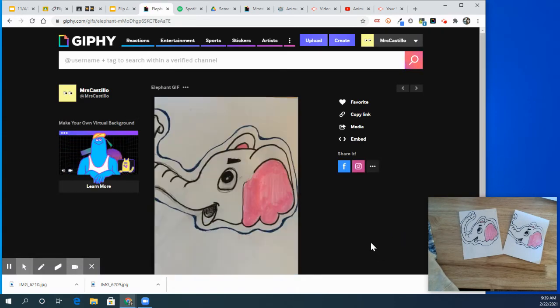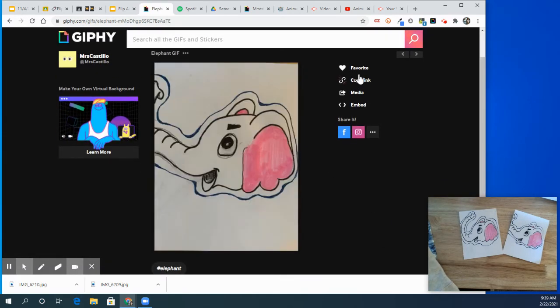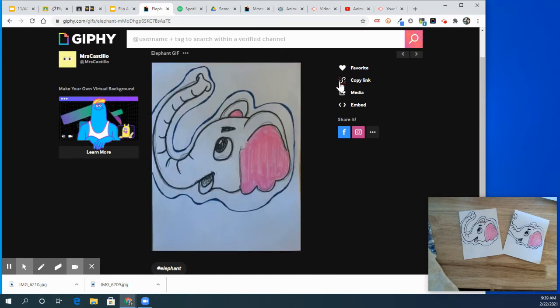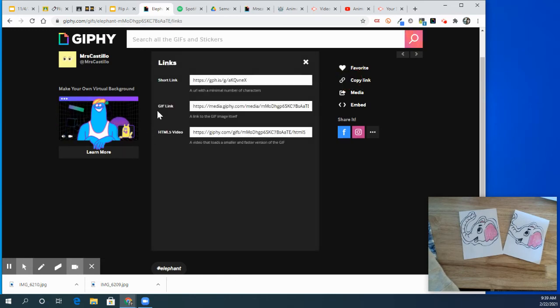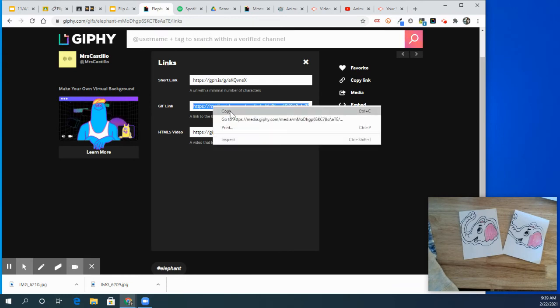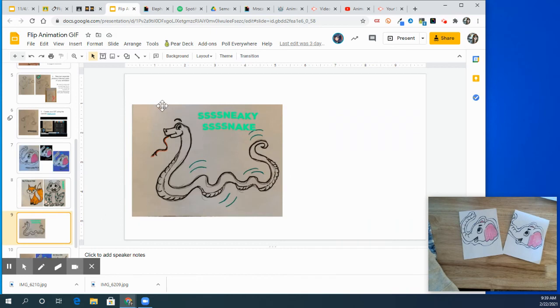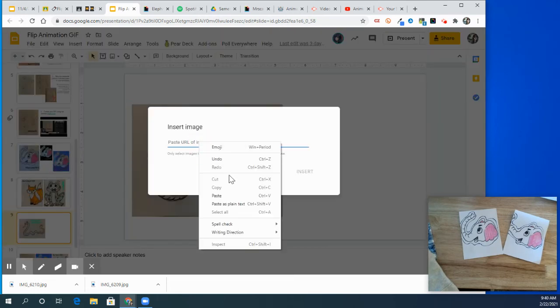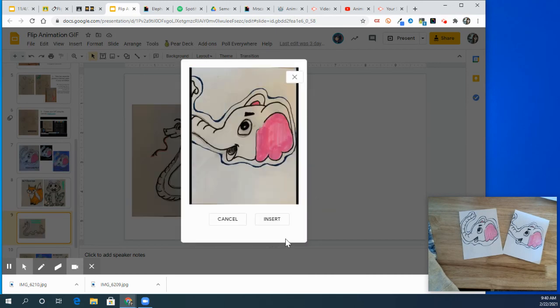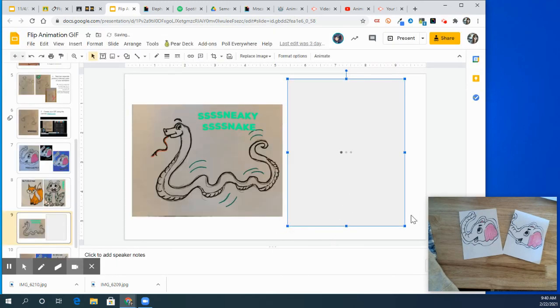And then after we upload it to Giphy, we're going to use the link over here to put it into our document. So again, I'm going to go to copy link. I'm going to copy the middle one that says GIF link. I'm going to go ahead and put that into my document by clicking on the little mountain for insert image. I'm going to insert an image by URL, and I'm going to paste my URL here